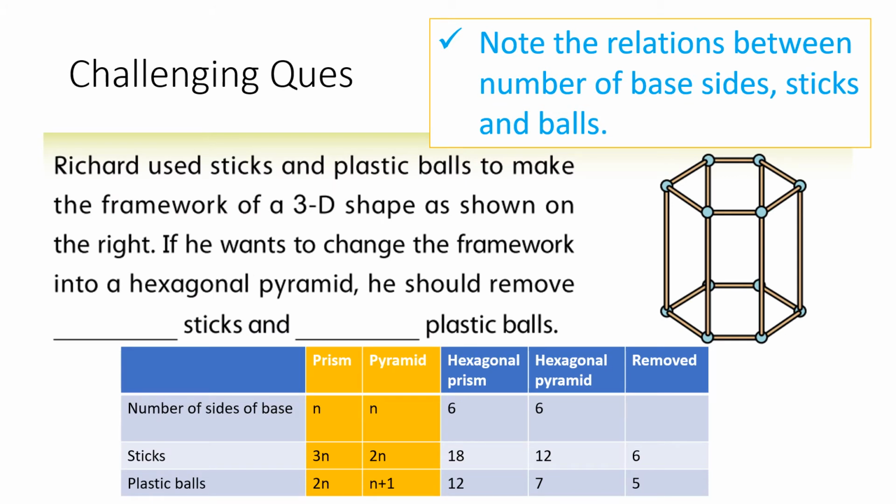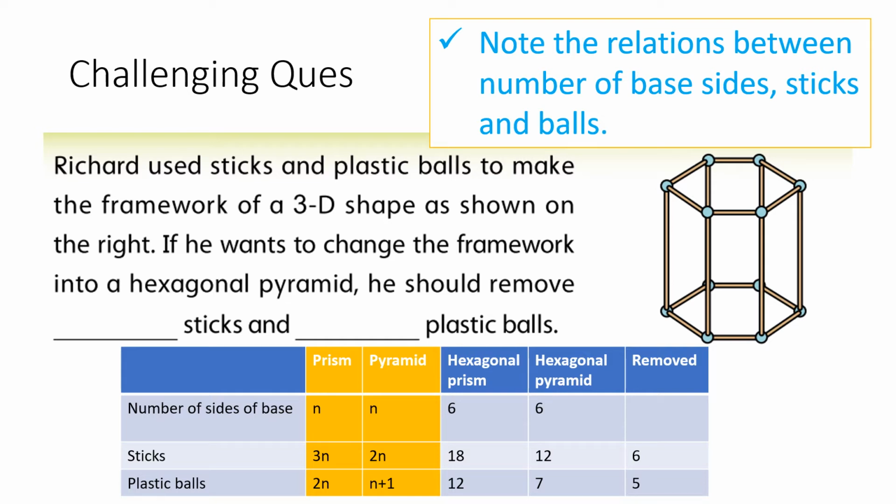And the next one is a challenging question. So let's look at the question. It said that Richard used sticks and plastic balls to make the framework of a 3D shape as shown on the right. If he wants to change the framework into a hexagonal pyramid, how many sticks and plastic balls should he remove? So first of all,